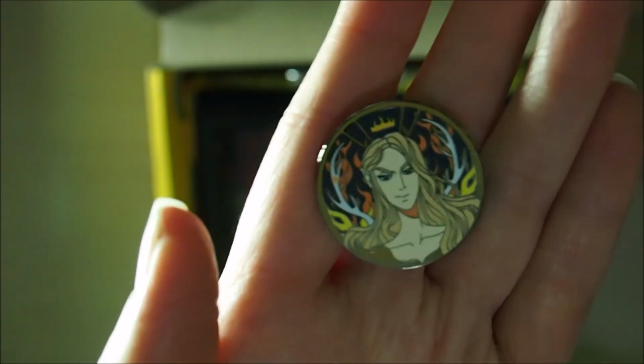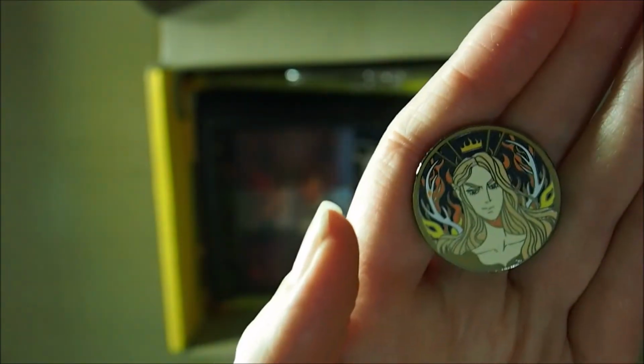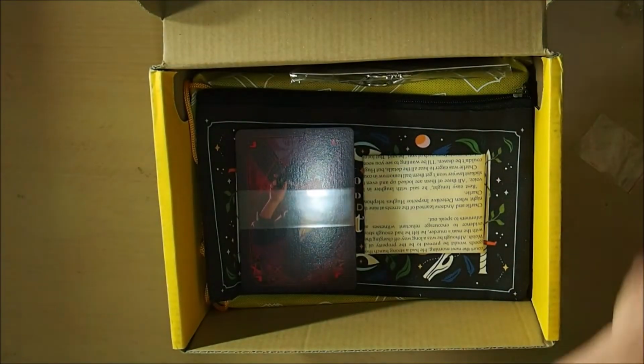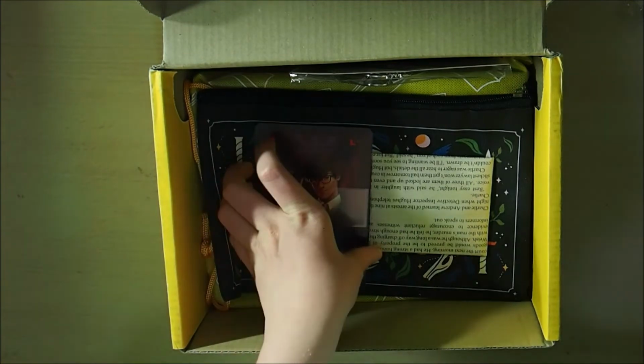It's a Throne of Glass magnetic coin. Awesome! That is so awesome! I'm really, really pleased with that. And next we've got